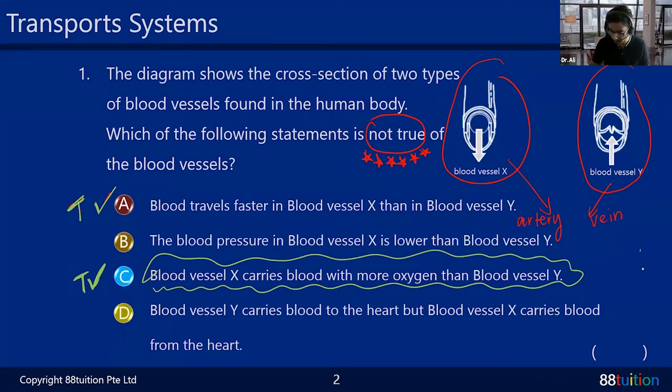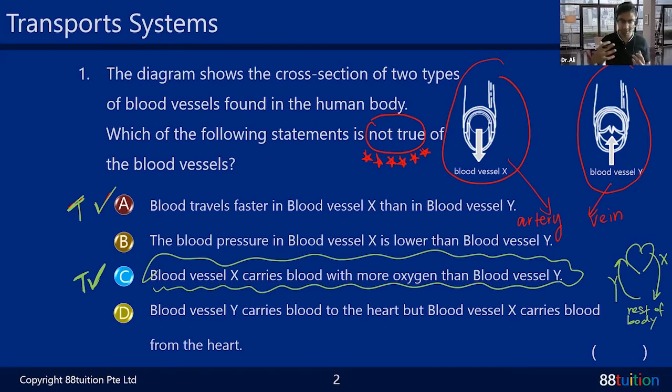So let me draw a heart like this, just for fun. So you have X and then you have Y. So this is what we're talking about. So X, then this is the rest of the body. You know, when we see some other questions, it will be shown like this. Of course, the heart is not drawn like that. Don't ever expect the heart to be drawn like that. Okay. So X will be oxygenated, which has blood full of oxygen, and Y will be deoxygenated, which has less oxygen, not zero oxygen, just less oxygen, but more carbon dioxide. So it's a matter of the composition of